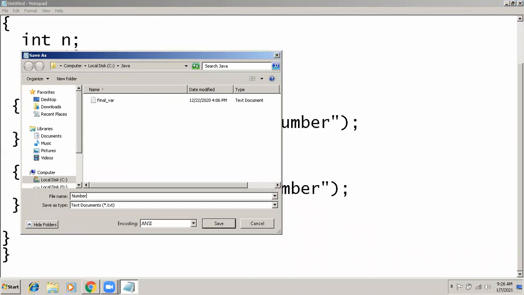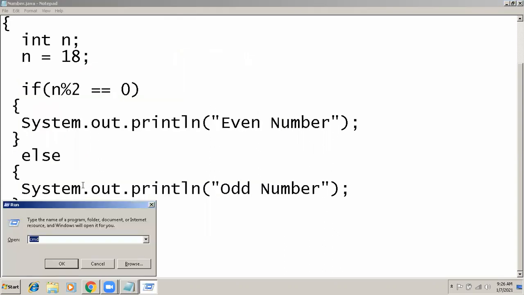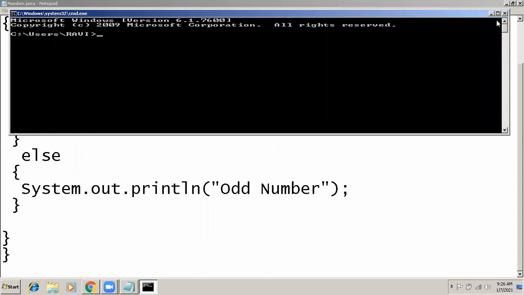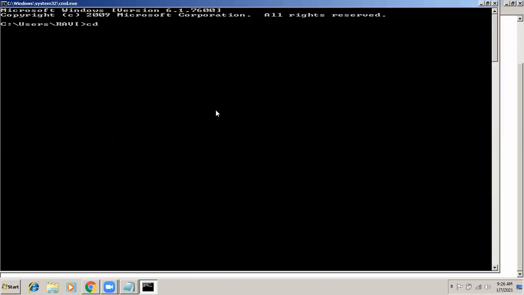The name of the file is Number.java, and now run this program here. No error. Now going to run.